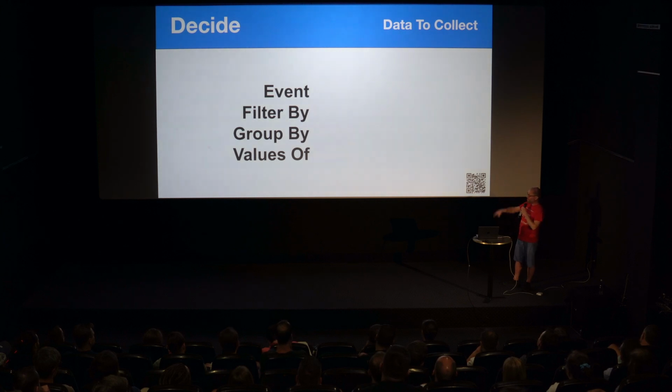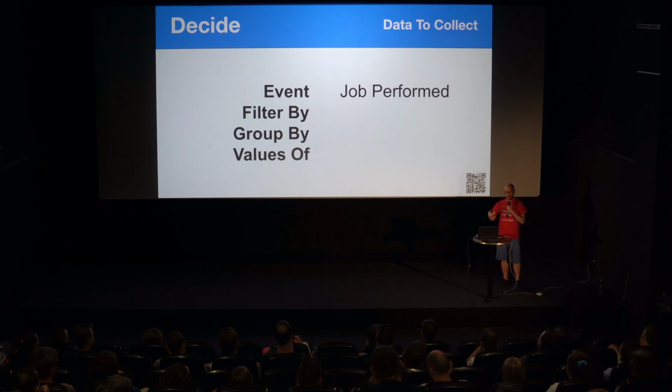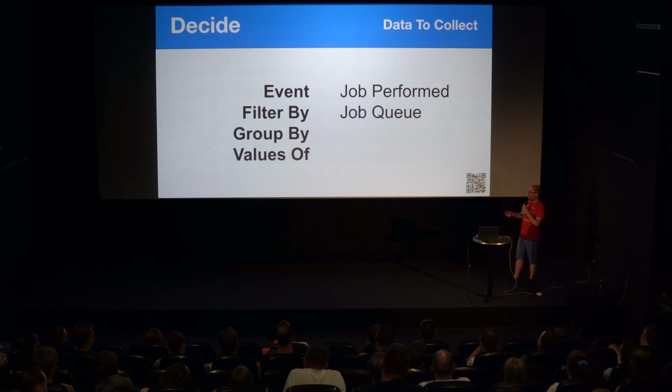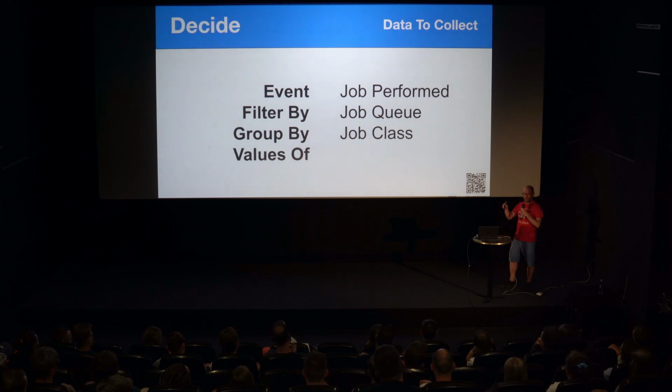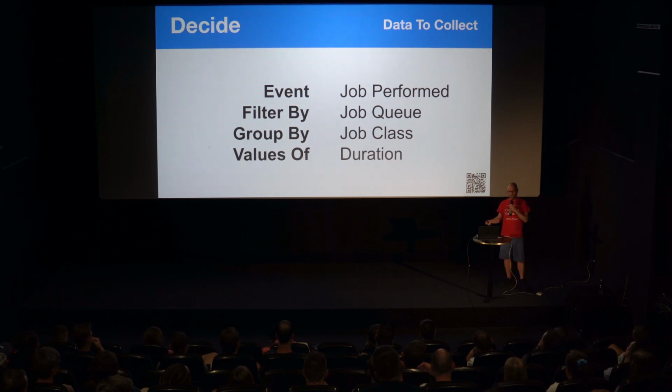So I use these 4 criteria. First of all, what's the event we want? Well, we want to know that whenever a job gets performed, we're getting that data. We want to filter by jobs performed on a queue. We want to group by job class. This will let us know whether it's the mailer job, or whether it's something else that is blocking these mails getting through. And we want to look at the values of duration, because the hypothesis is